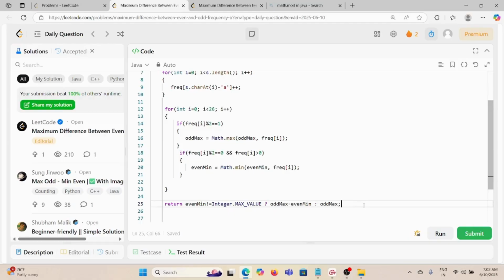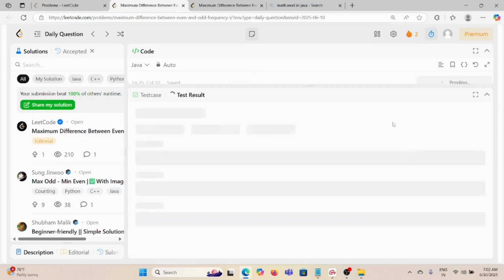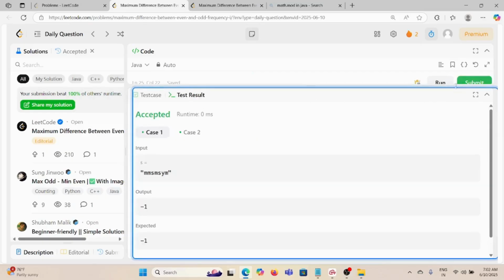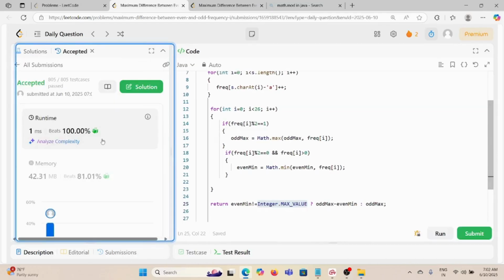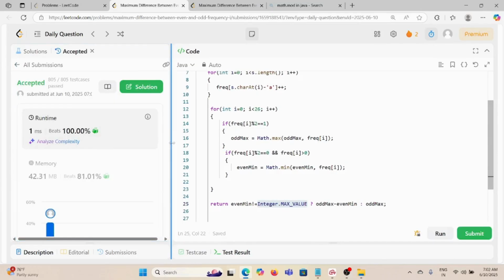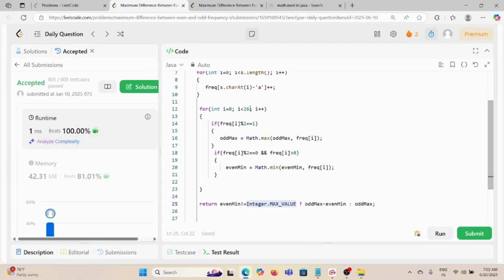Why? Because you can check here, if it is equal to Integer.MAX_VALUE, that means no even value came at all. So odd max minus 0, which is just odd max, right? So let me execute my code. Yeah, so let me submit it, which I have already submitted. Yeah, so it is 100% faster. So we are taking O(n) time, and this is constant space. Remember, we are just taking